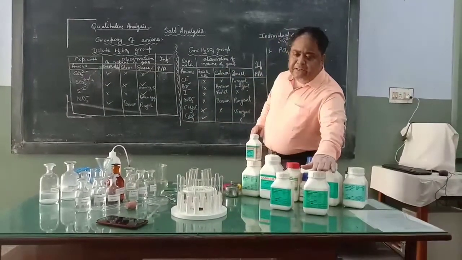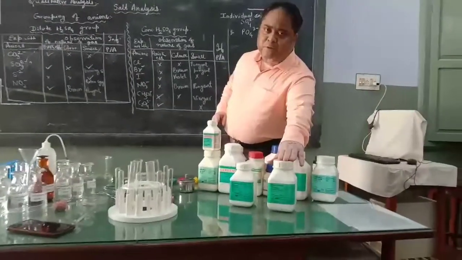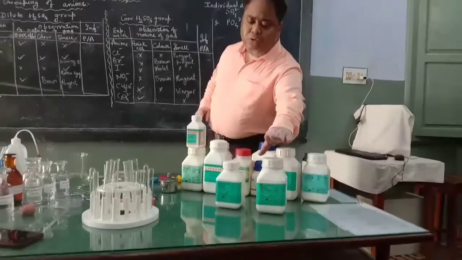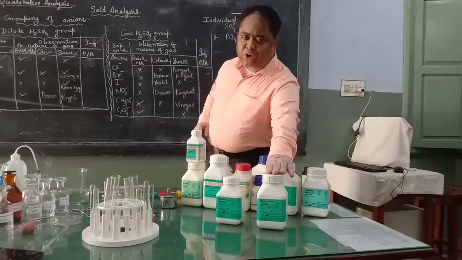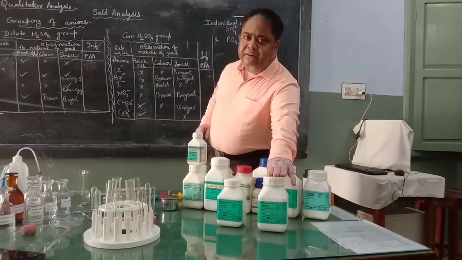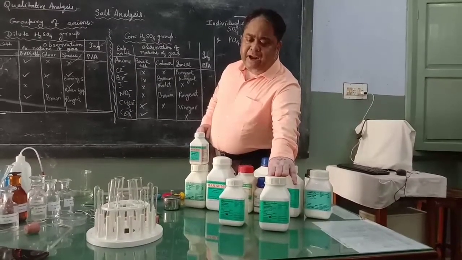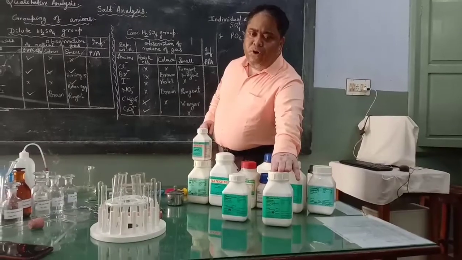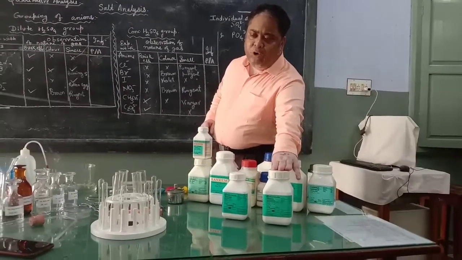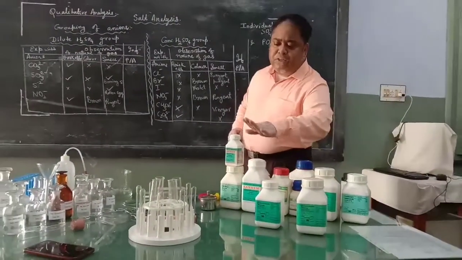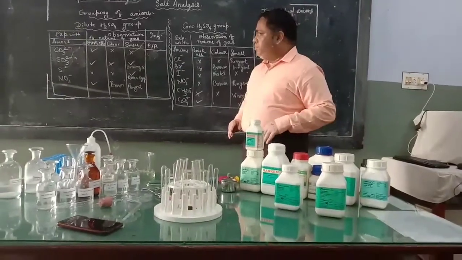And phosphate also gives a special test with ammonium molybdate. We ionize the phosphate salt with nitric acid and then treat it with ammonium molybdate, and the phosphate ion forms phosphomolybdate giving a canary yellow color. We will see each of these now one by one.